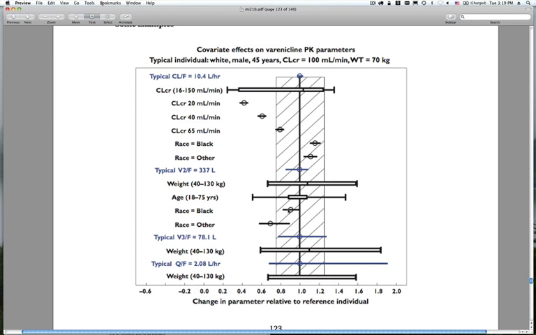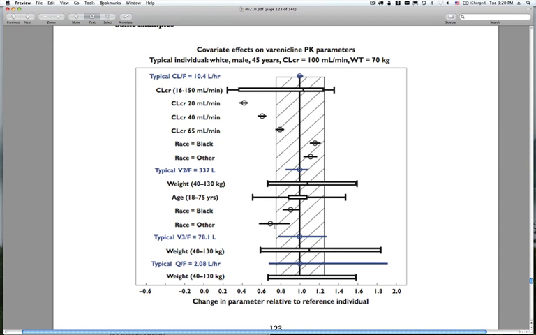And the reason we can say there's no effect is because the effect itself, the point estimate, is within the null range, as well as the interval. The interval here spans a region that's close to right on the reference value down to about 85% of that individual. So the precision on this is tight. It's clear that we've been able to estimate precisely the effect of black race as a very small effect,